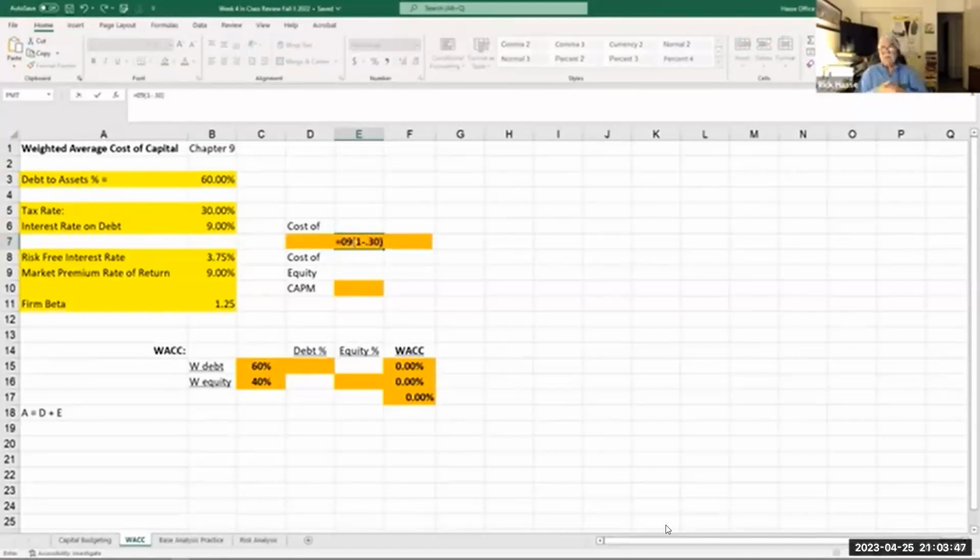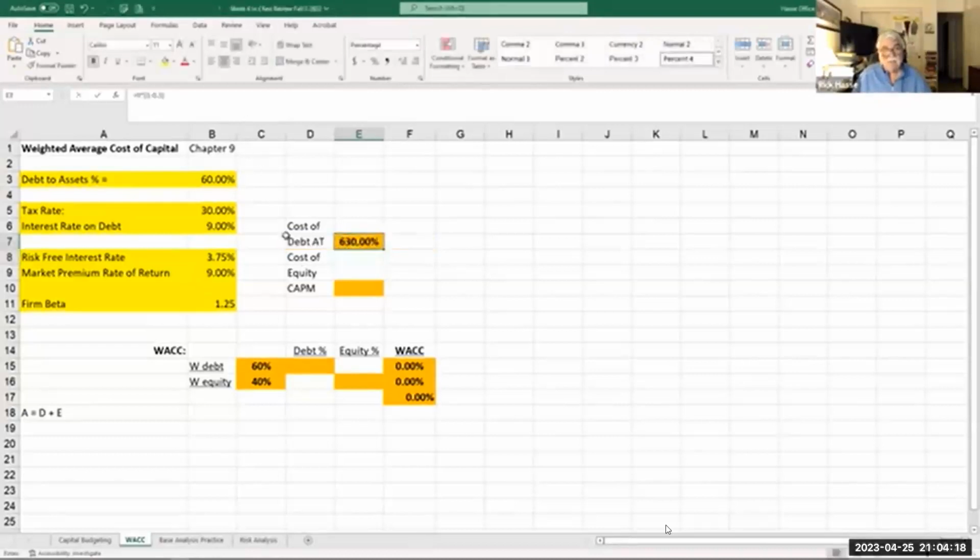In other words, we're trying to determine the after-tax cost of debt. We have to pay 9% on the debt, no questions asked. But we also get to deduct a certain portion of that debt based on our tax rate. So we get to deduct 30% of the 9% as a tax deduction. So our true cost of debt is less the tax of 30%, or 9% times 70%, and that is,